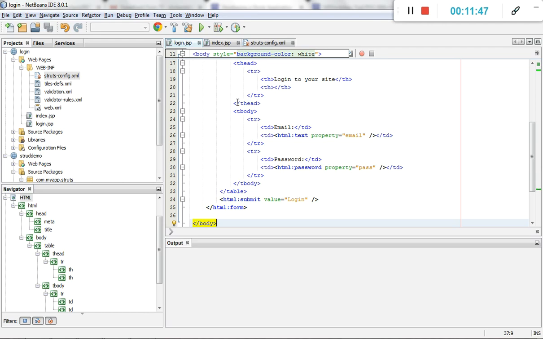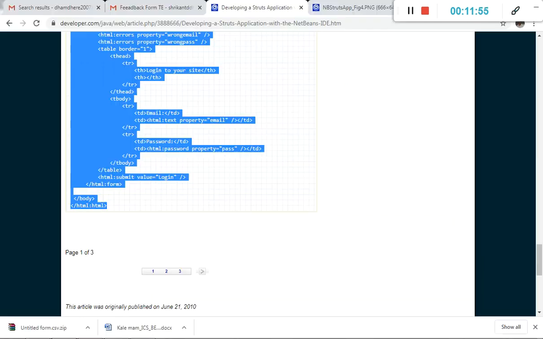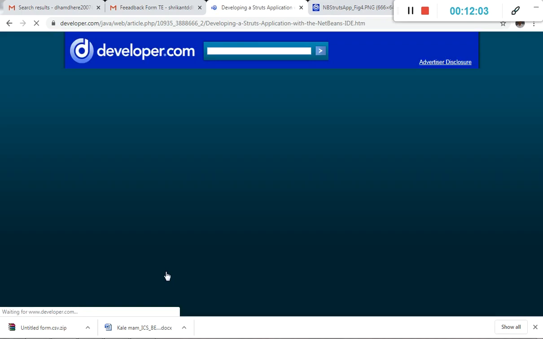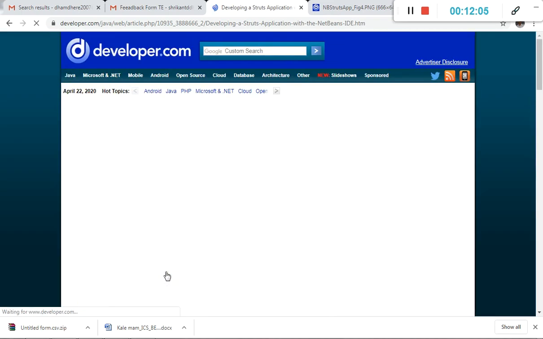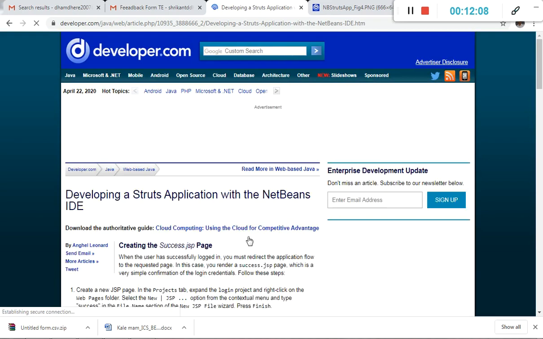That HTML code is for the login page, and that is simply the code as login.jsp. Now next, the second page on this website. This is not a big deal with the login.jsp. It is simply HTML code with particular JSP syntax.